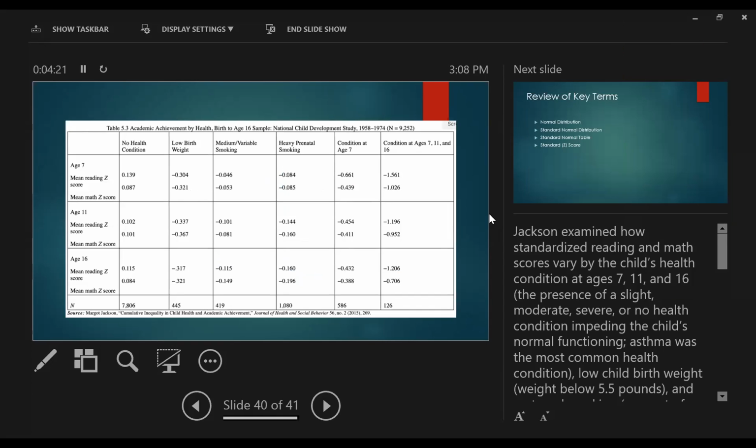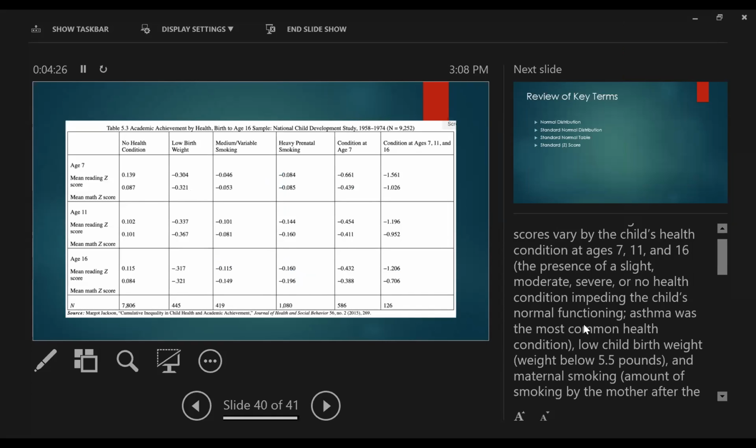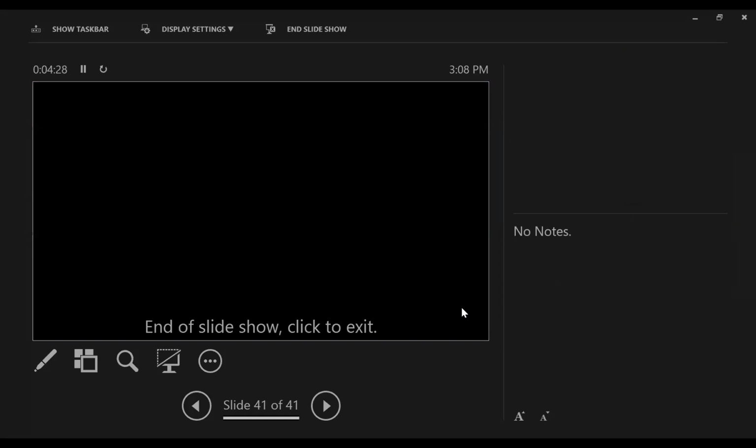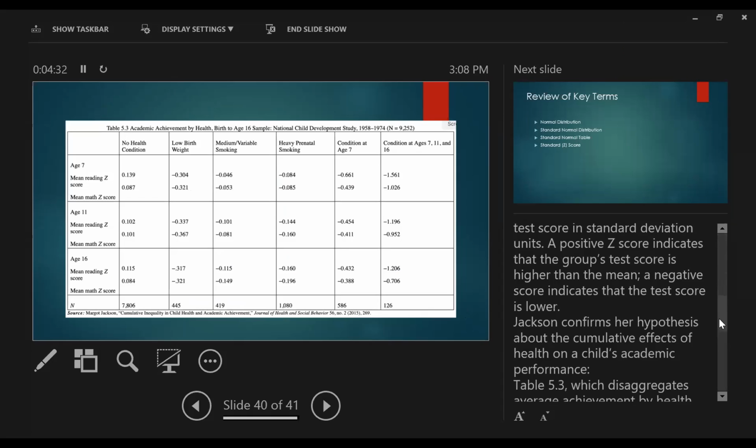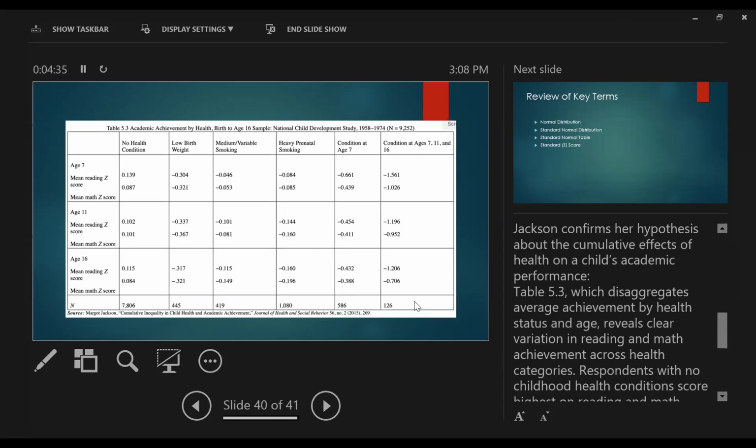This is just another example. It talks about birth weight and what that looks like. Birth rate, you can take a look at that on your own. It's just an example that gives you lots of data on how you can manipulate it. So you have the mean reading z-score and mean math z-score distributed throughout, and then you can compare it as you go through. This is another way that's super helpful,